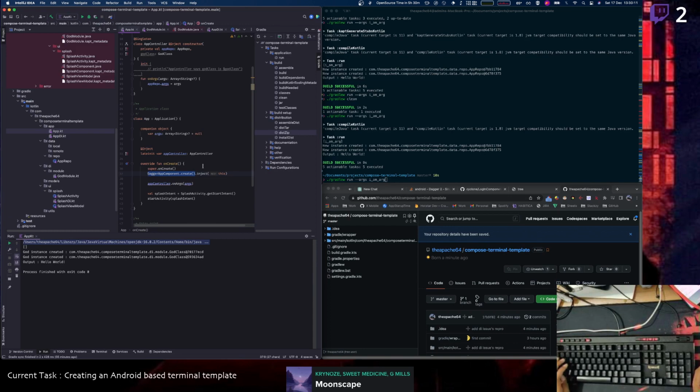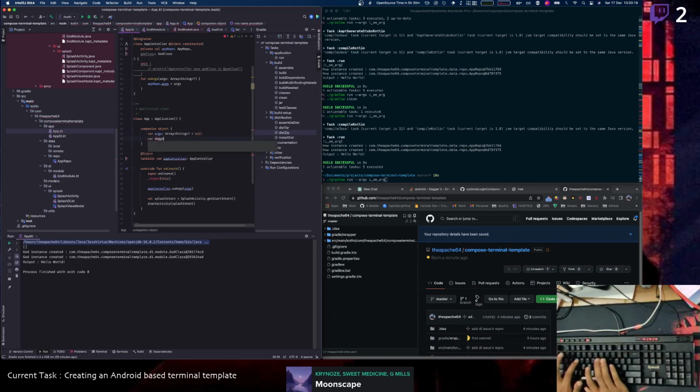This is again just an experiment. If I use the same instance of app.daggerAppComponent, if I use the same,